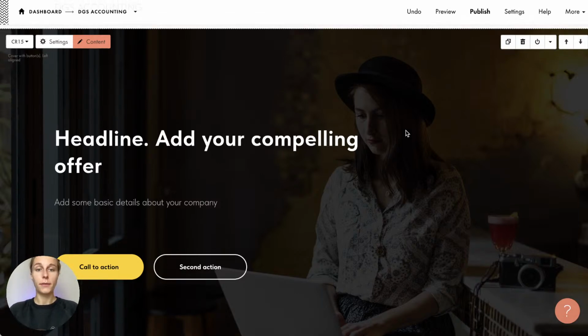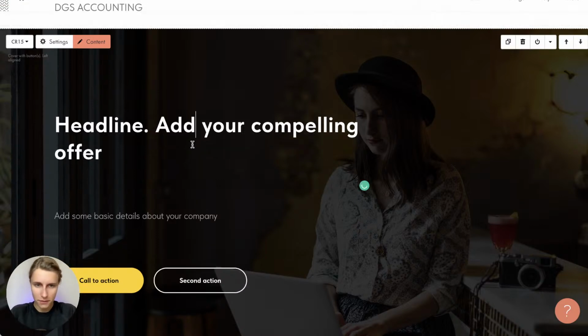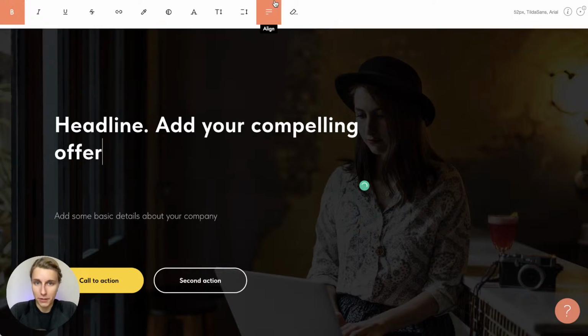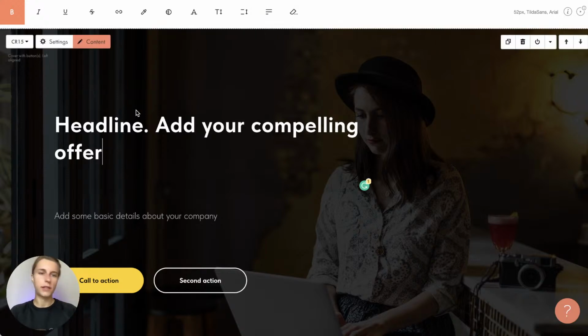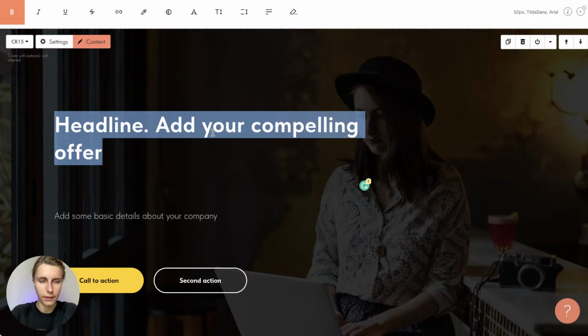So in order to customize the text, let's first customize all the text, and then I will show you how to customize the photo, the background photo. To customize the text is very easy. You just click on it, and the text editor appears, right? And there is no save button, because once you customize the text, you can just click anywhere. I just